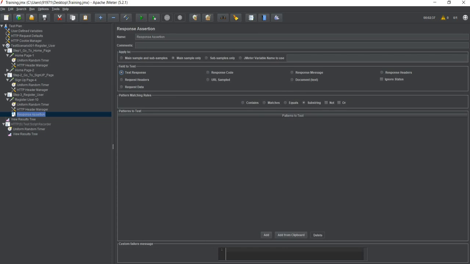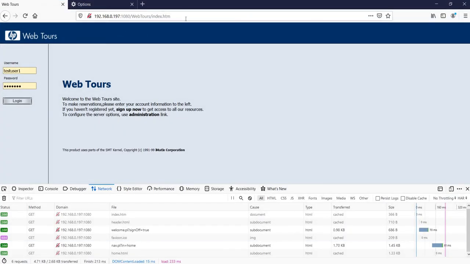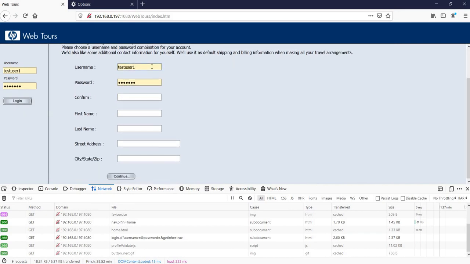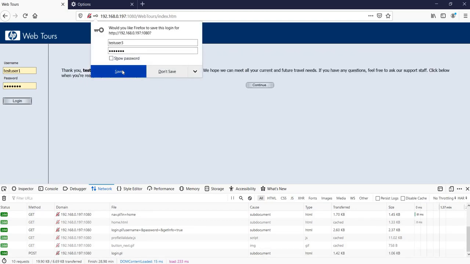Now I will just go ahead and see over here and say sign up, and say test user 3, again test 1 2 3, click on continue, save.